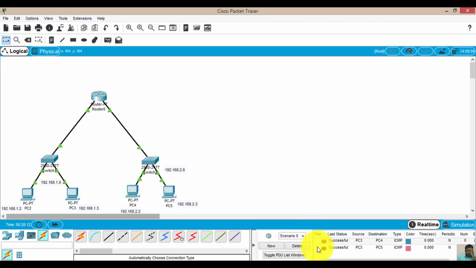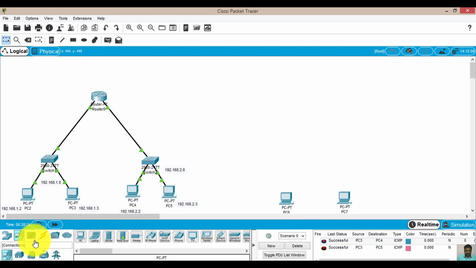Now what if I had to go for a bigger network? To expand this network, I can create one more network here, just like this. Let's suppose this is my network. I will choose a switch again here also. Let's suppose my switch is 2960. Then I want to choose a router for this. I will choose the same PT router which I chose here.